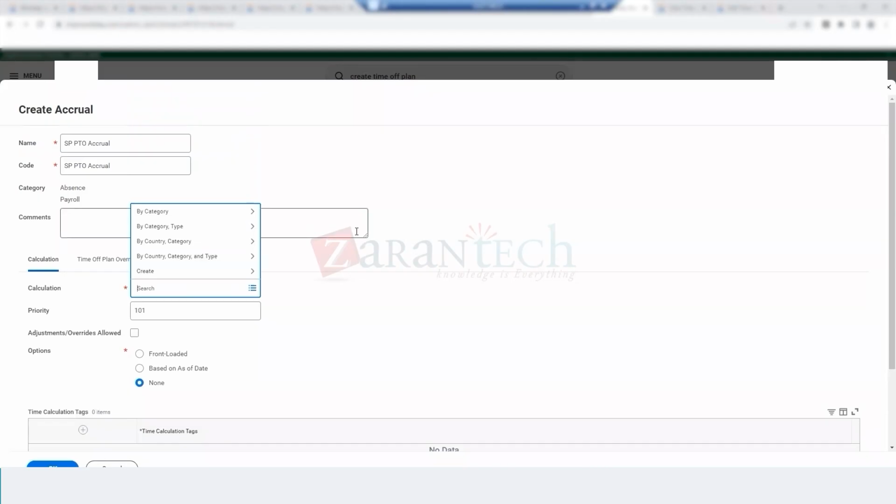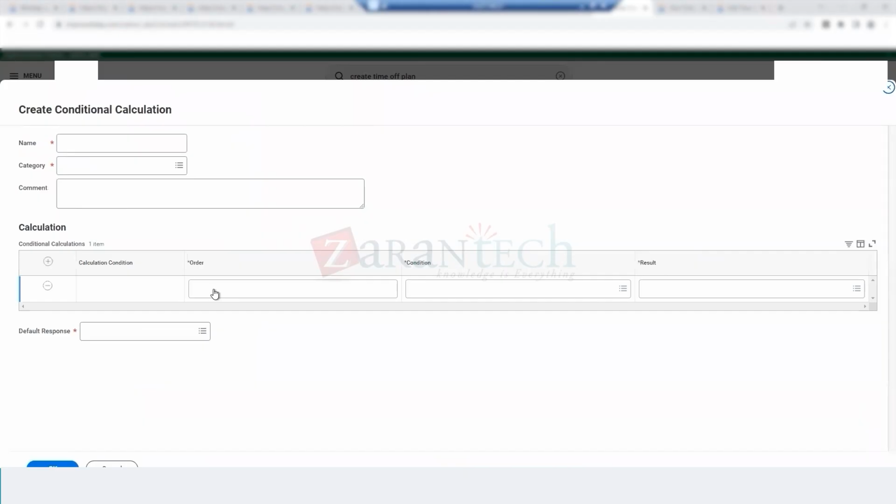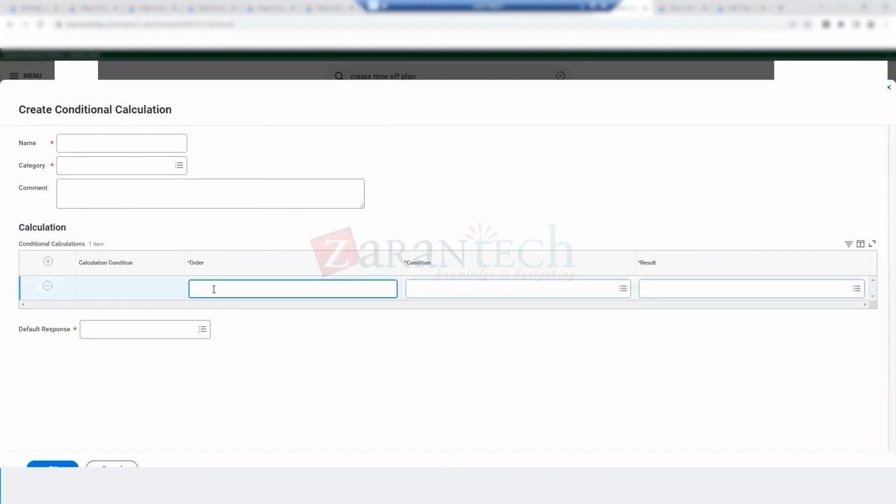Now I'll click on conditional calculation. It goes from ascending to descending in order. So I'll just put an order A. If you want to put one also, you can. Name: SP PTO accrual calculation. As a best practice, what I'll do, I'll just